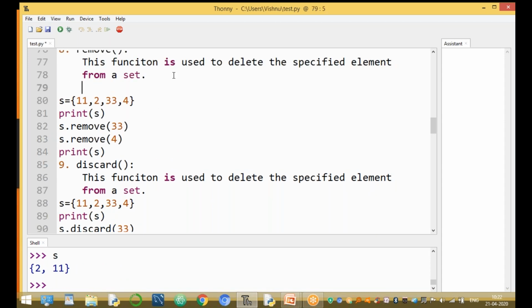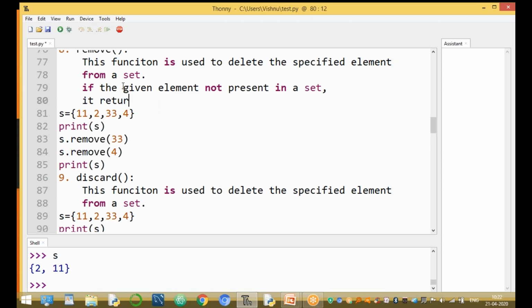If the given element is not present in a set, the remove function returns an error.